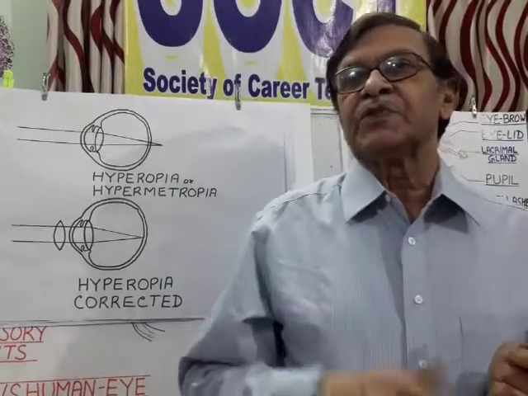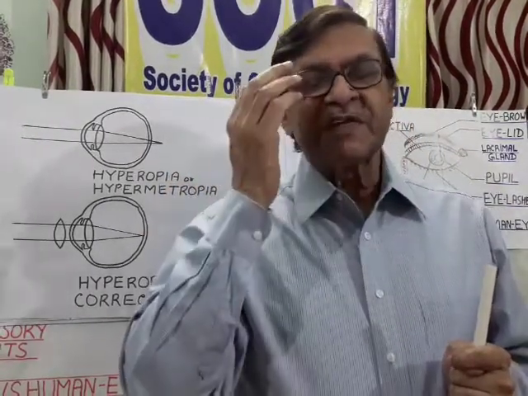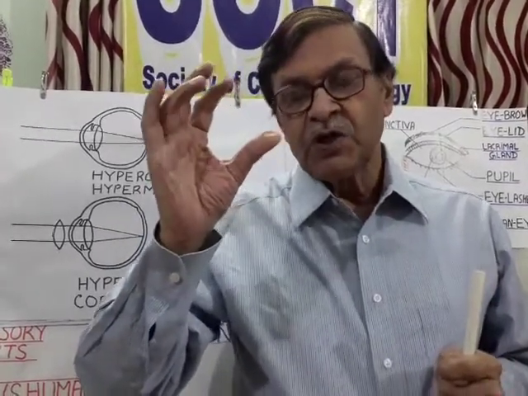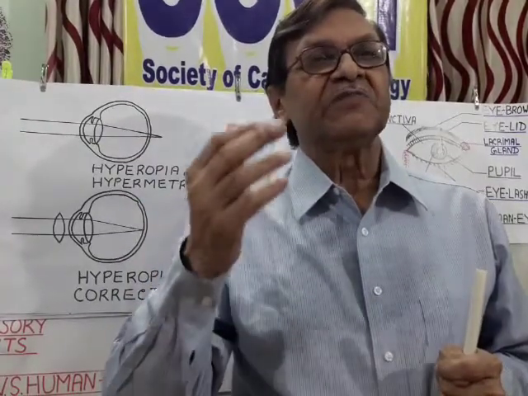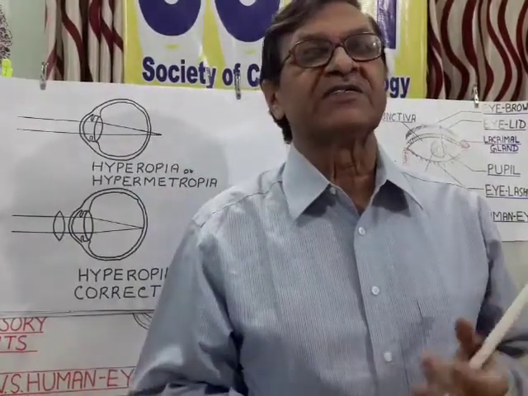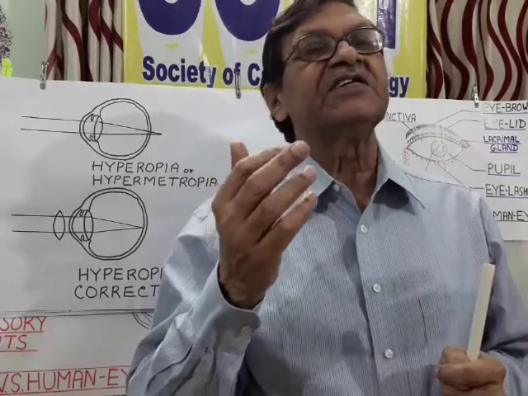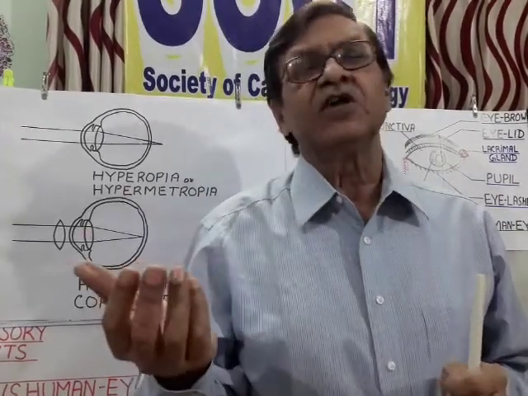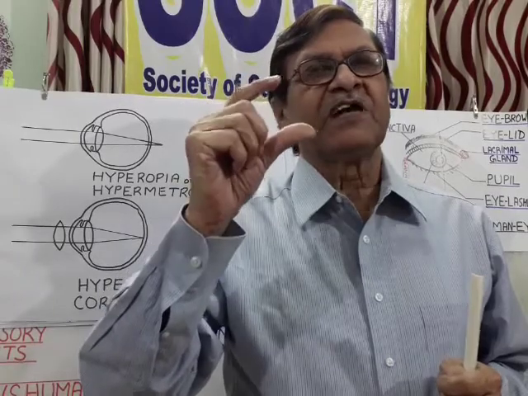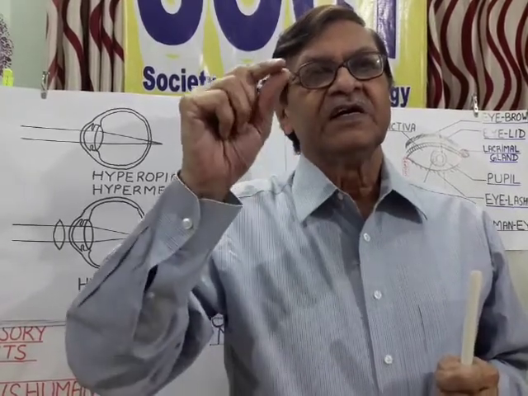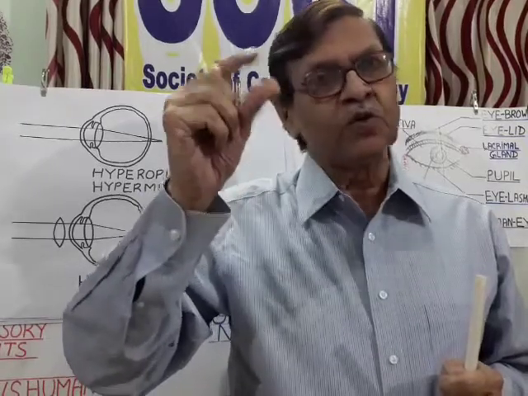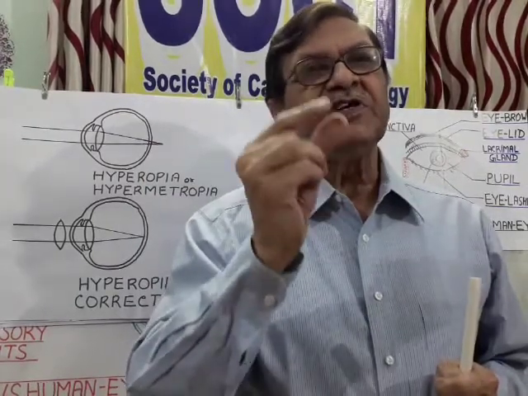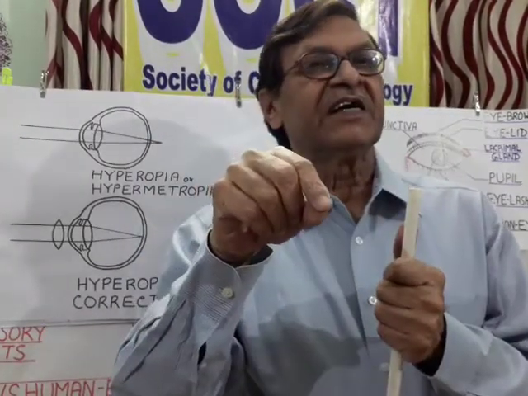Another problem is very prevalent. Some persons in old age, the lens of the eye becomes opaque and the persons get a problem in looking at objects. So this condition is called cataract and it can be operated, a very easy operation. The ophthalmologist can do this operation. He just breaks the old lens of the eye by laser beam and a new artificial lens is inserted in the eyeball.